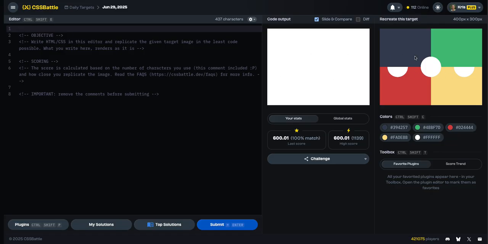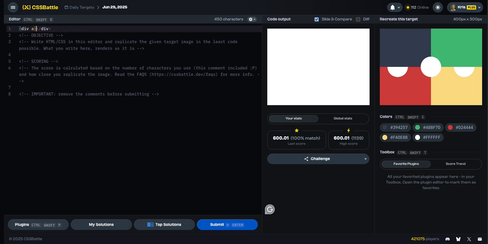All right, so we're going to need 1, 2, 3, 4 divs for each one of these colors, 5 for these three elements, and then 1 for each of these. So 5, 6, 7, 8. So we need 6 elements. All right, so we're going to create 6 divs,